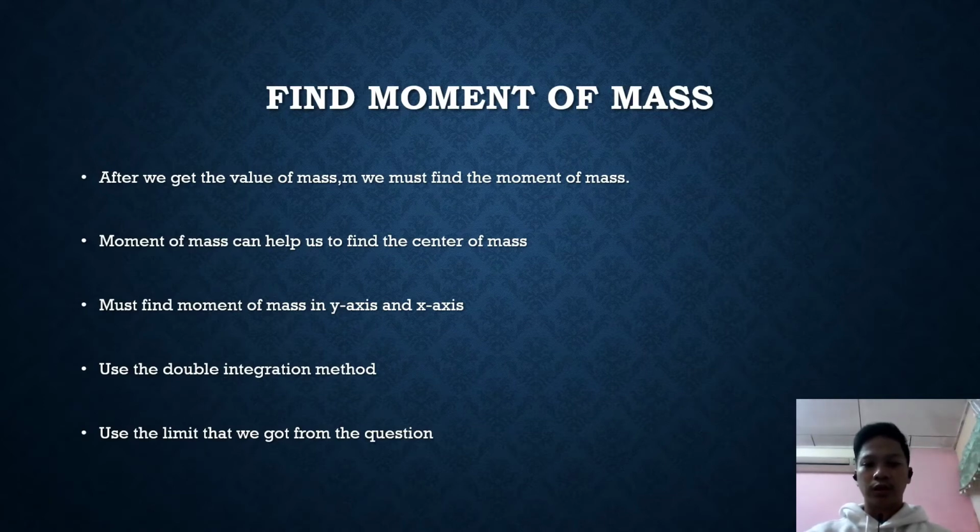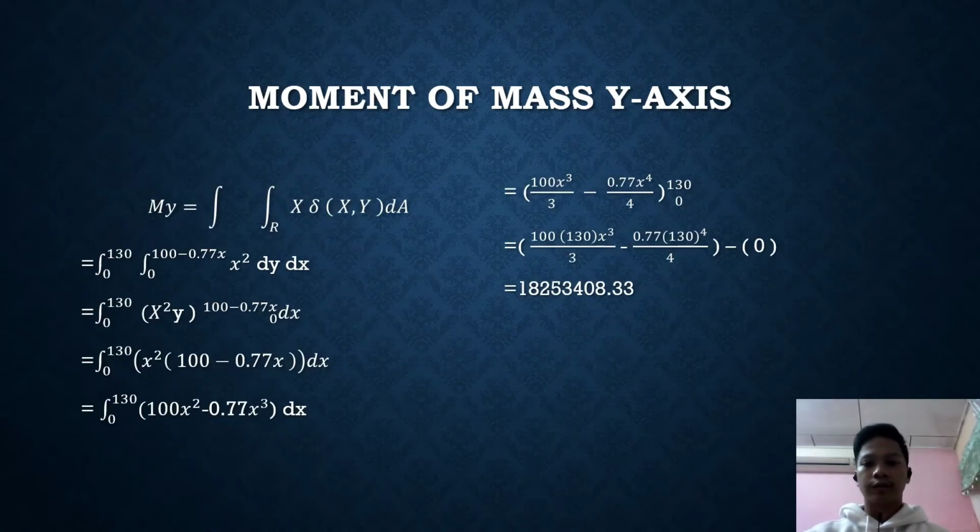We need to use the double integration method. Also, we need to use the limit that we got from the equation. Okay, first we need to find the moment of mass in the y-axis. So this is the equation. We do the double integration method in this y-axis, so we can get the answer for the y-axis, which is